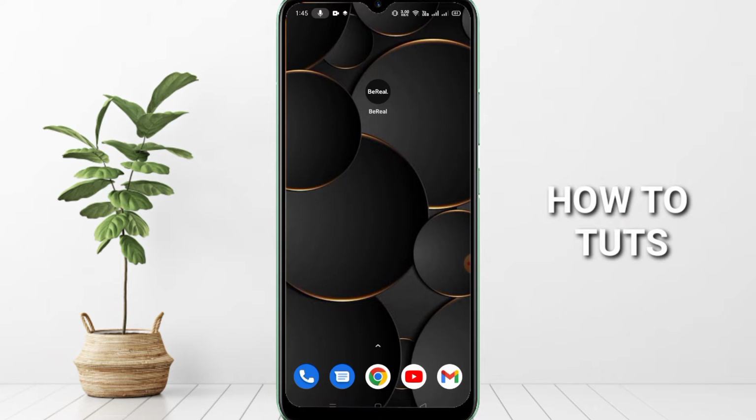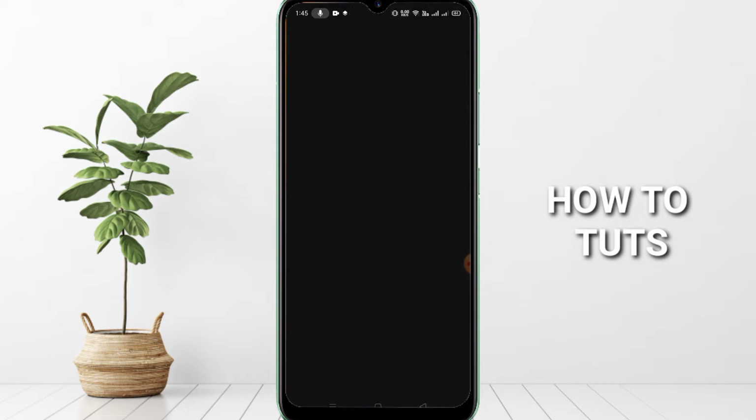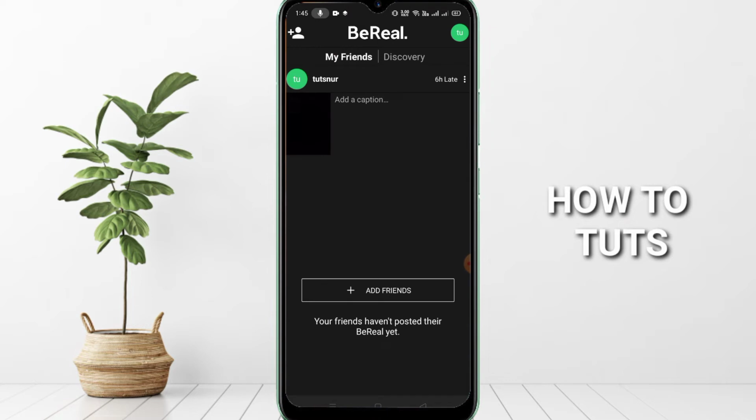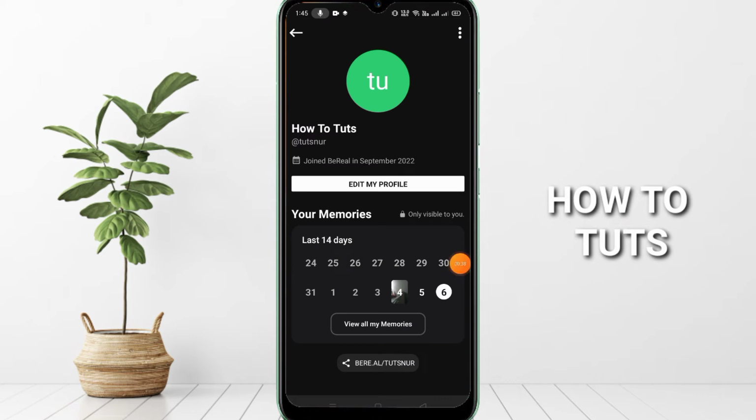Here you can see the BeReal app. Just click on this, and after that you will get the interface of BeReal. So what will you do now? Just click here, at the right corner, this icon. Click on this and then click here,